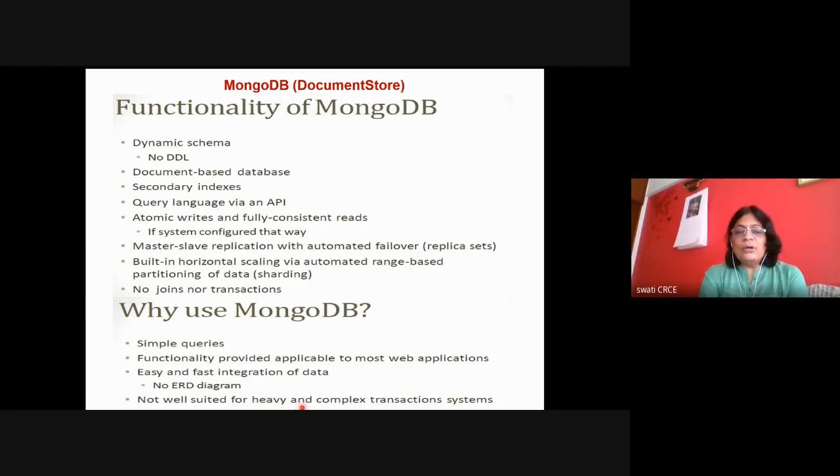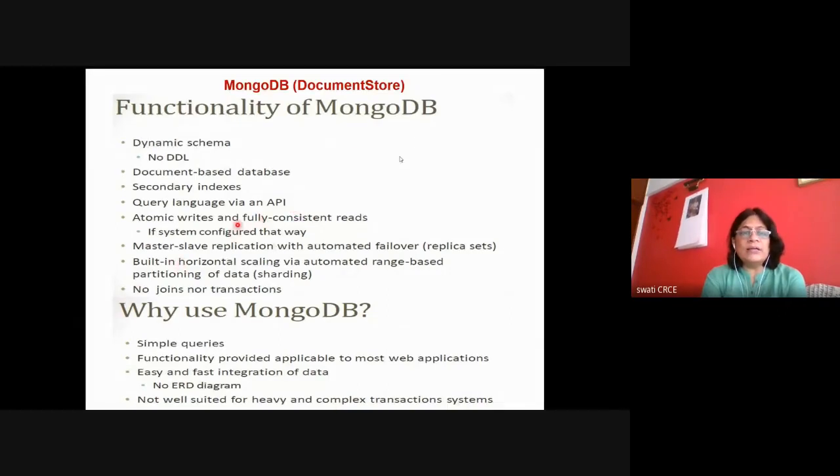So this indicates the functionality in terms of the cluster architecture and why to use MongoDB: it is similar to a normal data store, but it can handle huge data with simple queries. For websites also it can work in the background, and it's well suited for heavy and complex transactional systems.